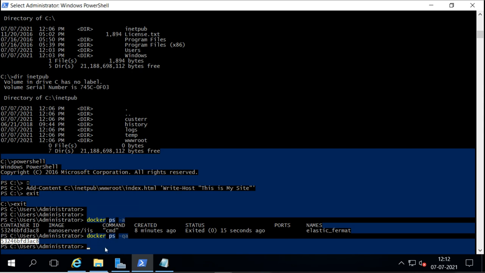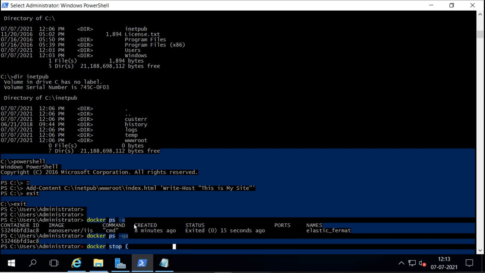Now that container ID we can use to stop the container or remove the container. For example, I want to stop it. So I will give the command docker stop, and then I can give the container ID, or I can get the container ID by using the command docker ps -qa.